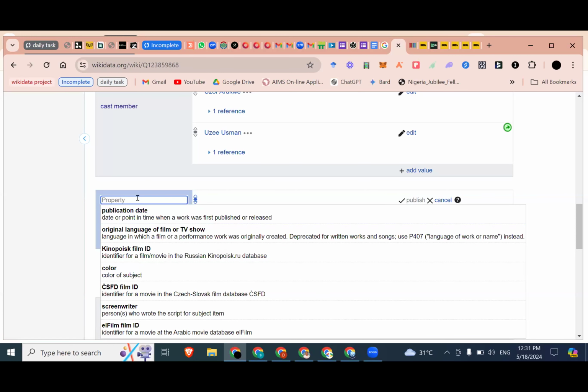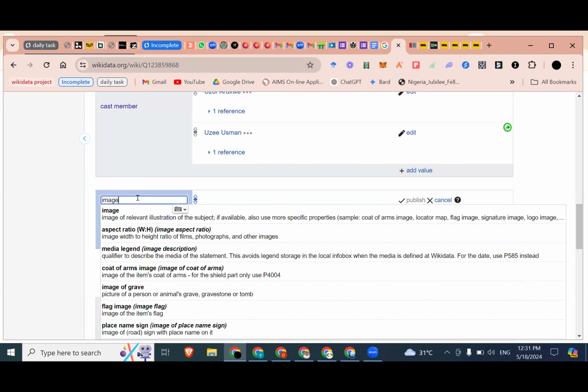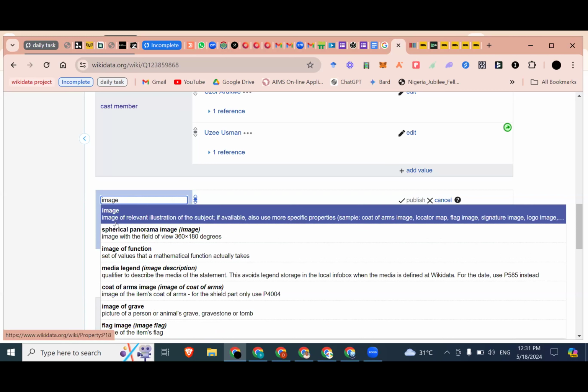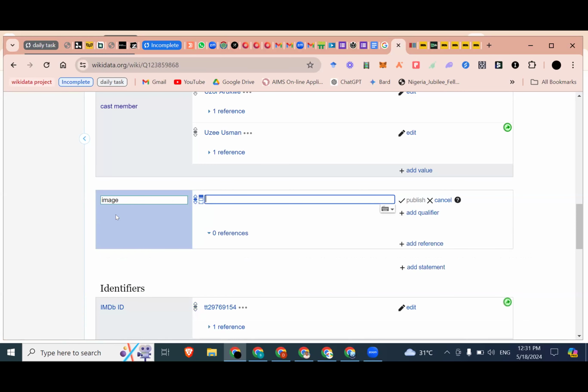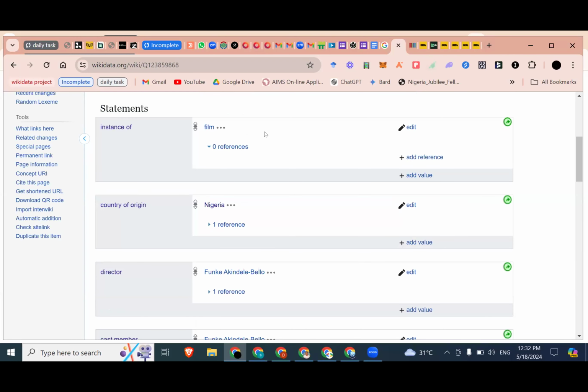Now, we want to add image. You just search for image. This is what we are looking for. You select this. As Benedict said earlier, if you want to add any image or any media file to any of the wiki projects, the file must exist on Wikimedia Commons. So let me go and check if there's